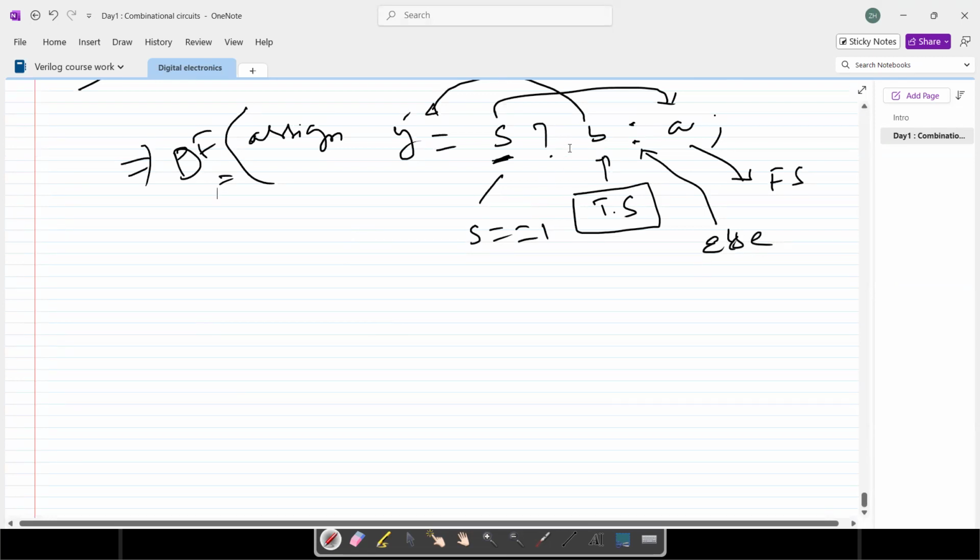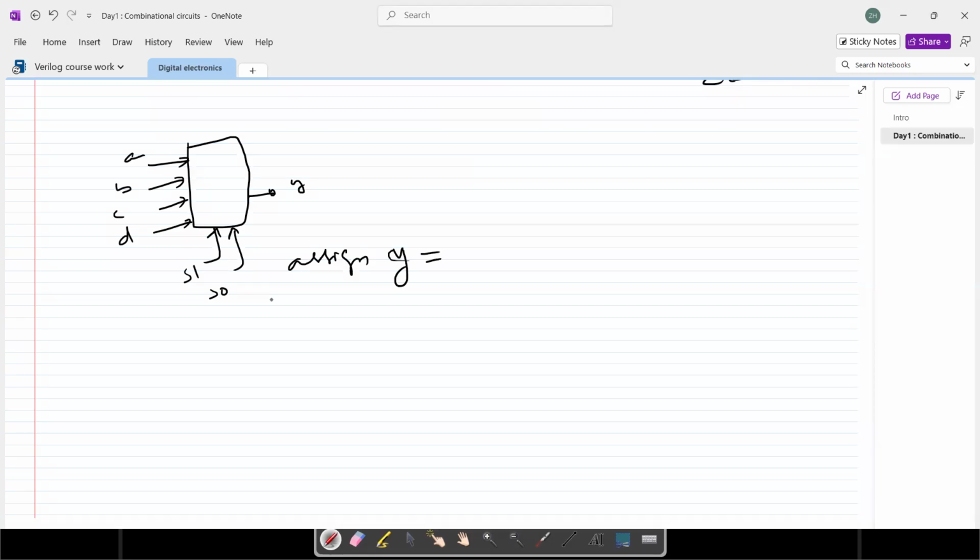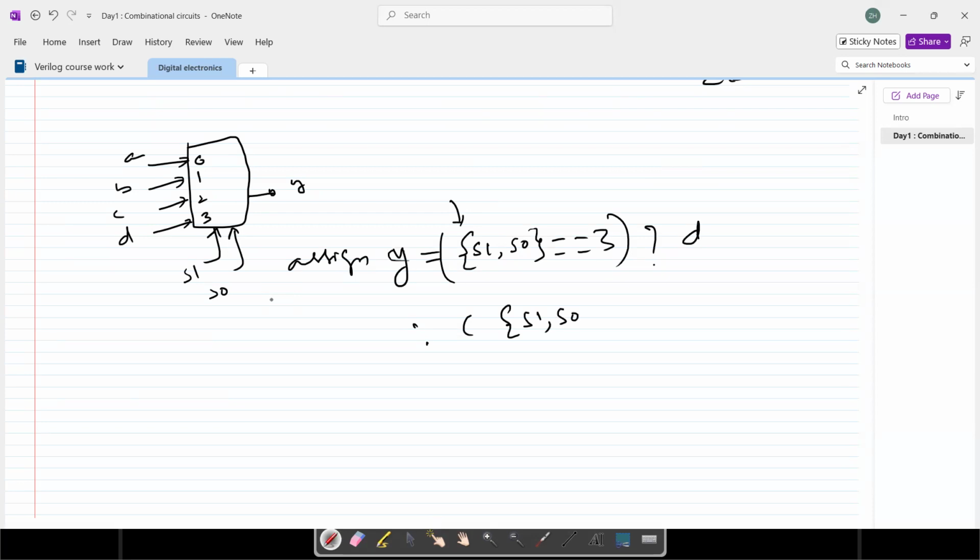Then this ternary operator can be nested. For example, you have A, B, C, and D, and here you have S1, S0. So now you can simply put here assign y equal to, S1, S0, you can concatenate like this. This is called the concatenation operator. Using this concatenation operator, you can check if this is 3. If that's 3, question mark, then you assign D, since this is 0, this is 1, this is 2, this is 3. Else you check another condition, is S1, S0